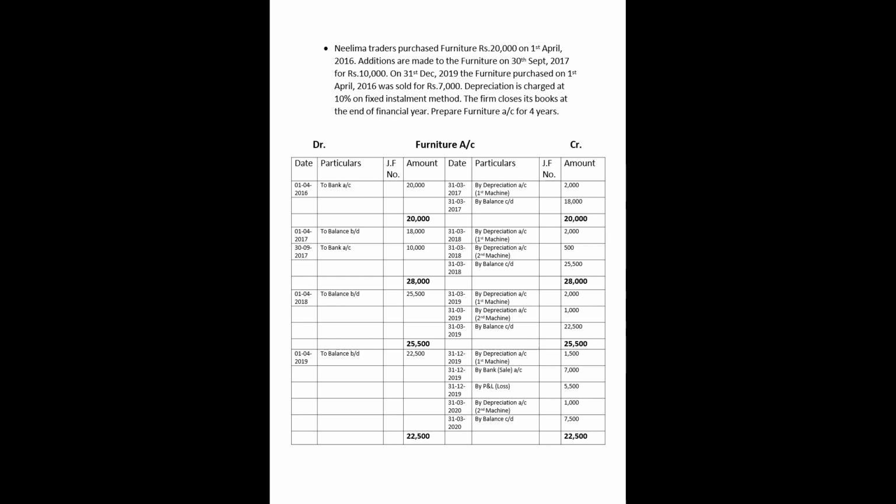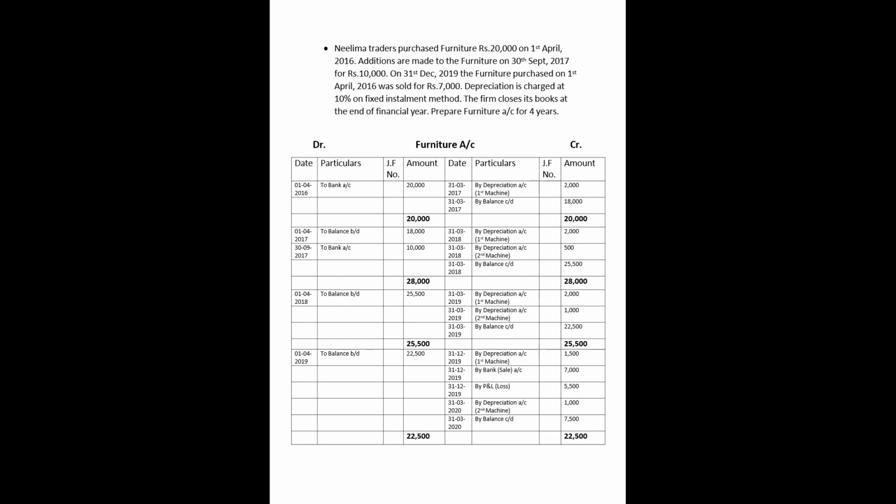Calculate the depreciation for the fourth year for both first machine and second machine. First we'll do first machine, mention the first depreciation amount for the first machine account, and then mention sales amount, that is 7,000 by bank sale account on credit side. And then